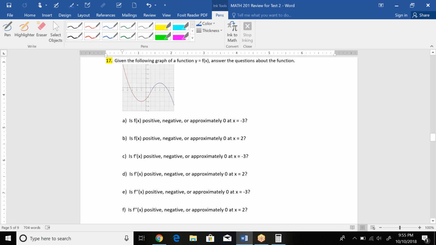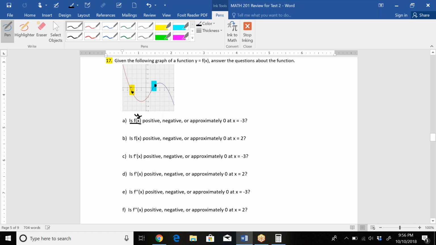So we have to locate the points that they're curious about. At x = -3, that's this point right here, and at x equals 2, that's this point right here. So we're going to talk about what the graph is doing at these two specific points. It says, is f of x, that means the y value of the function, positive, negative, or approximately 0